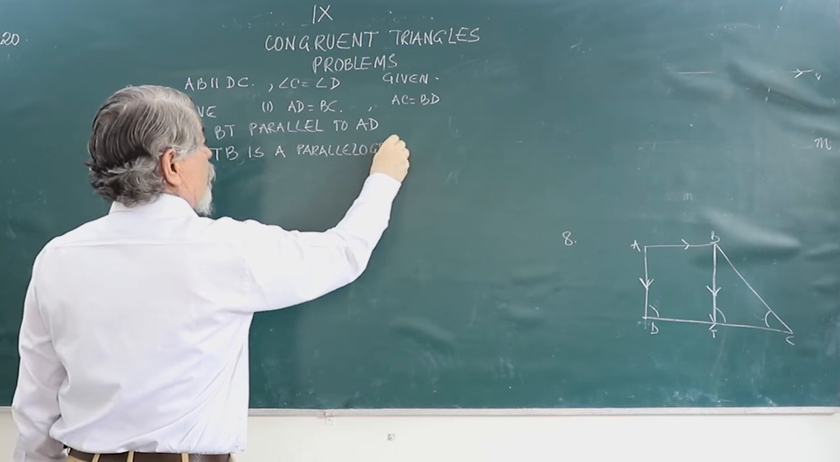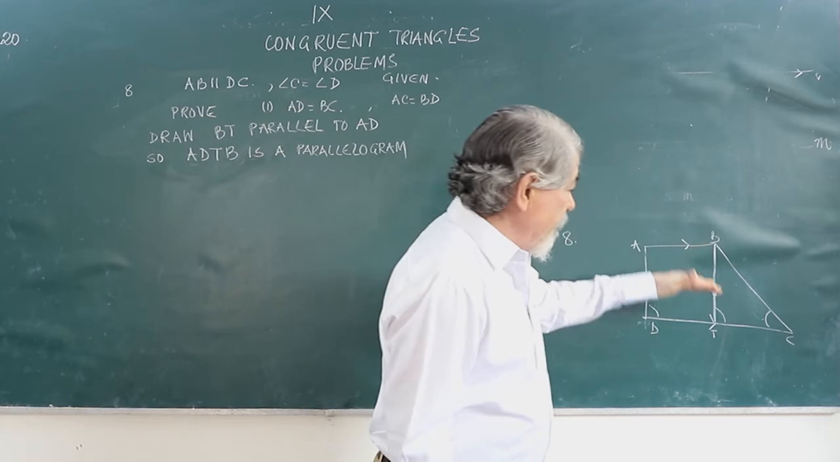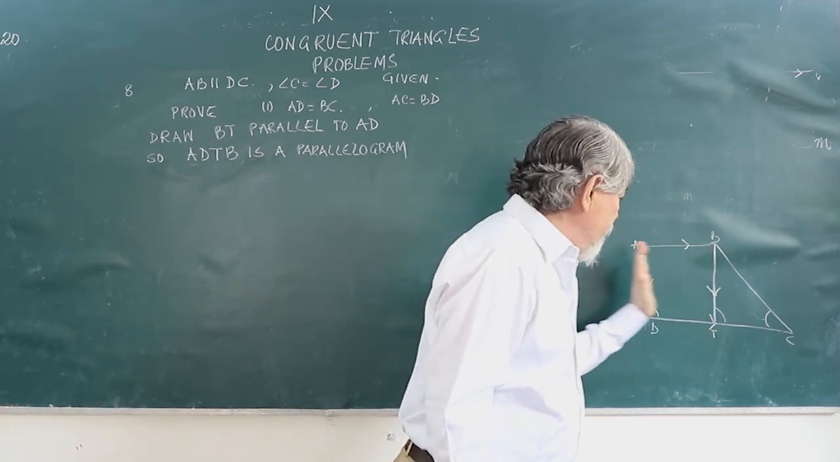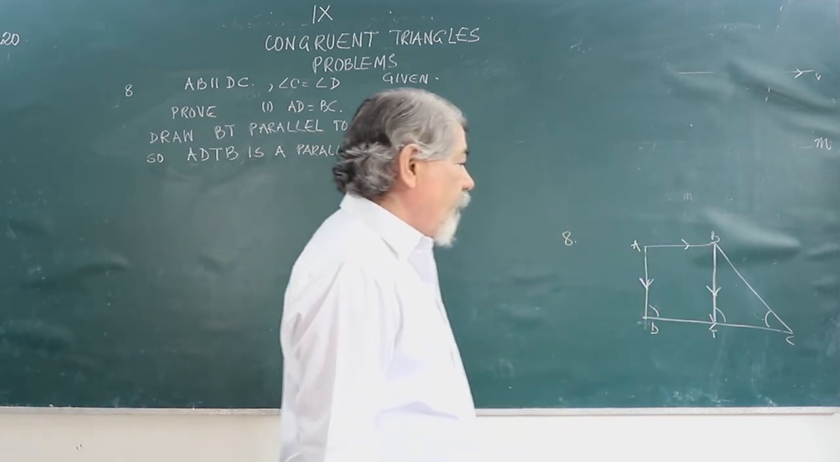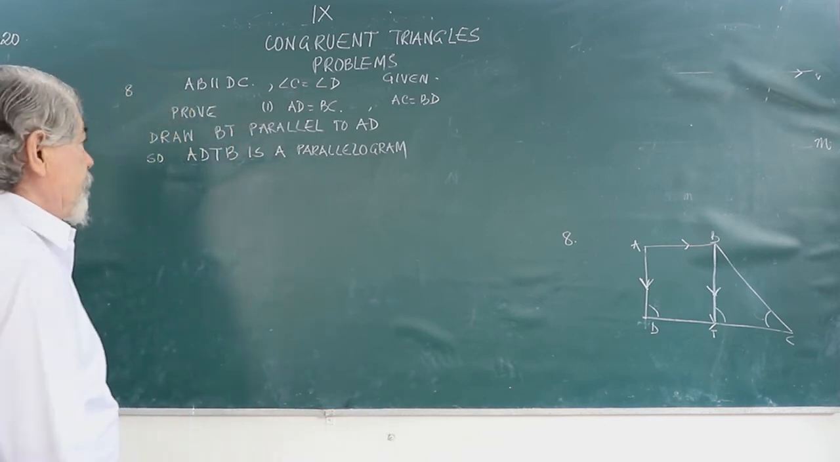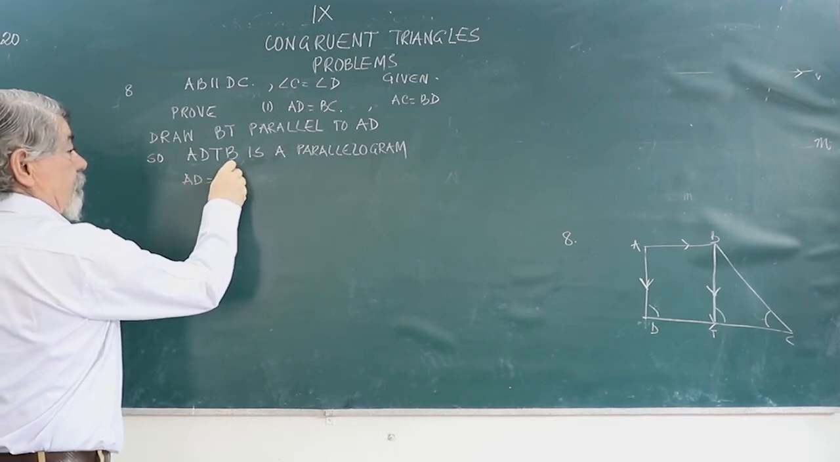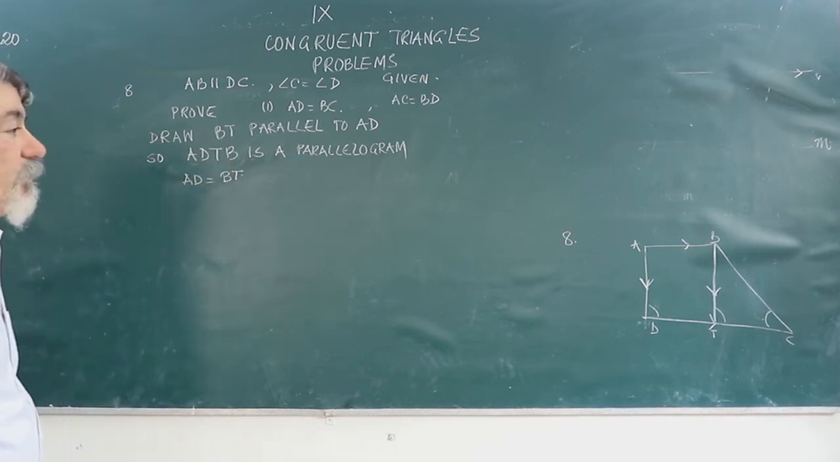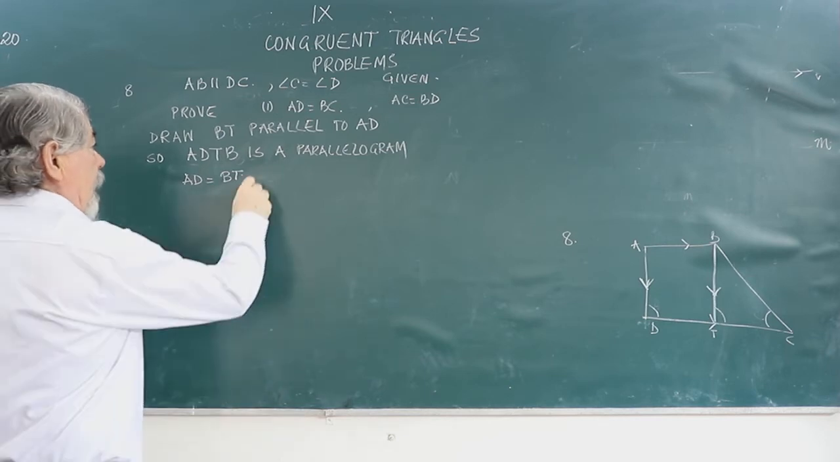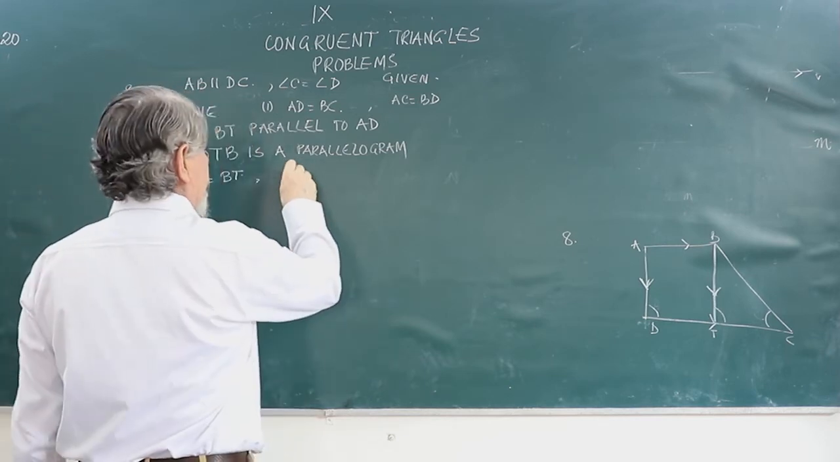Why is it a parallelogram? Because the opposite sides are parallel. AB was given parallel to DC. I have made BT parallel to AD, so it will form a parallelogram. So AD will be equal to BT, and of the angle BTC